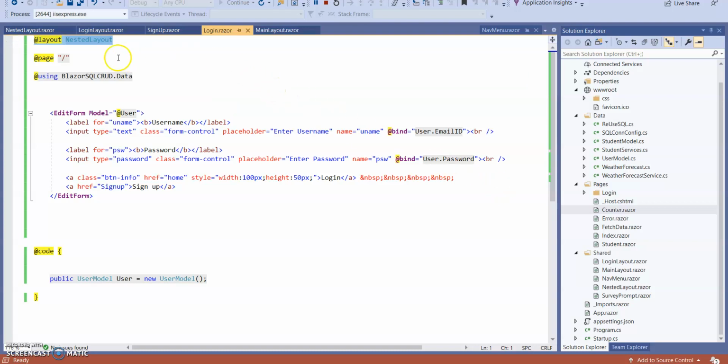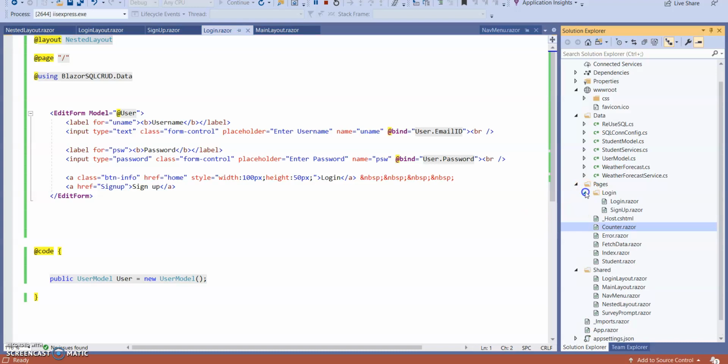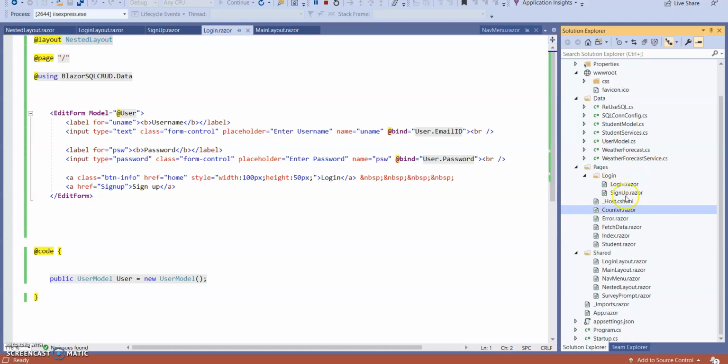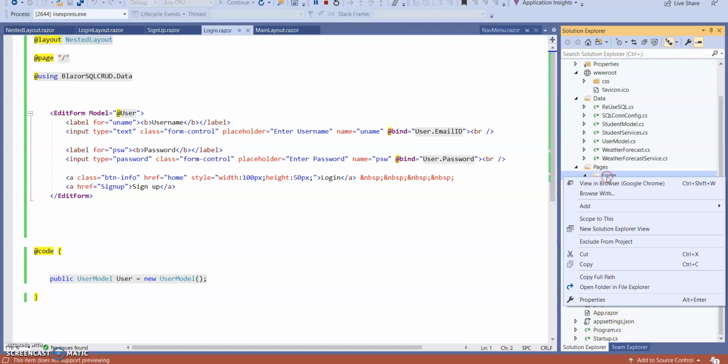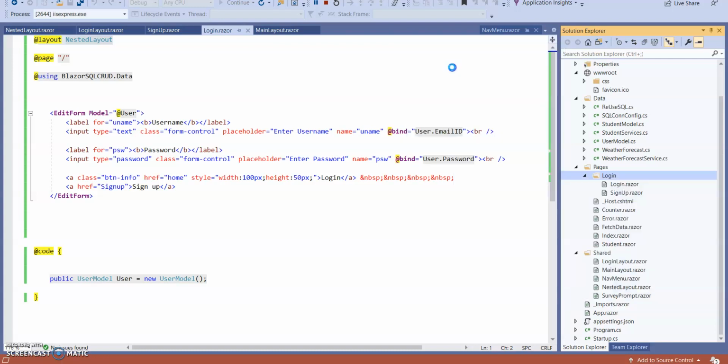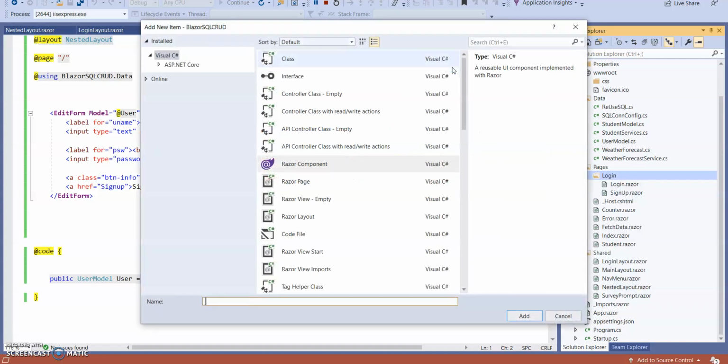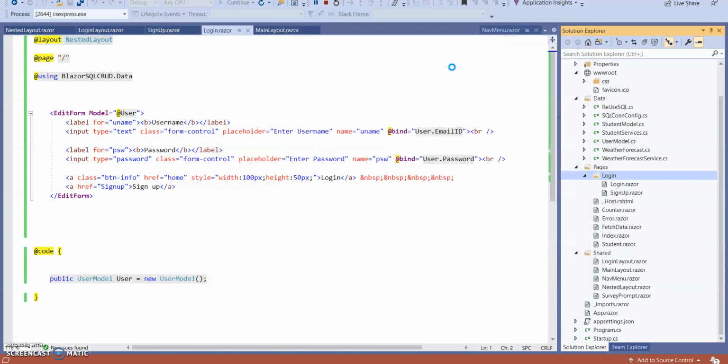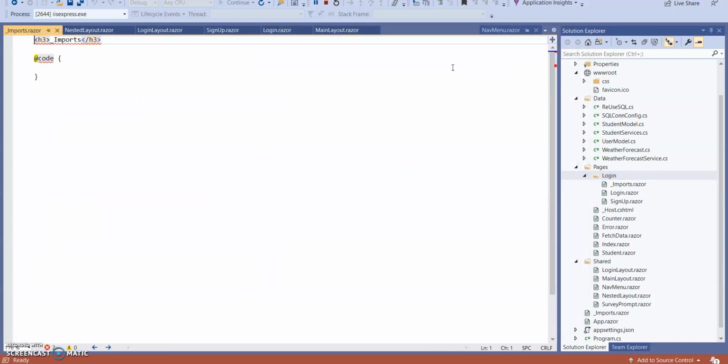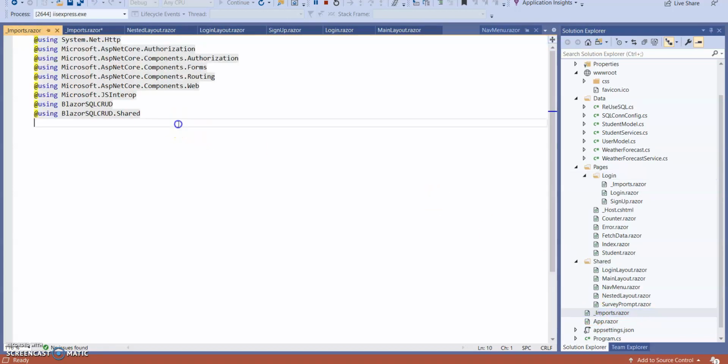To overcome this, so there's no need to write this code every time, here I created one folder. In that folder I kept this login and sign up. So here I am going to create one imports file. A razor component, here underscore imports. So here you can see particular underscore imports of razor.